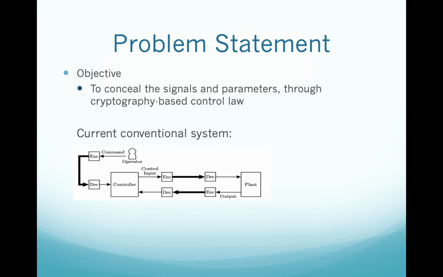So as you can see here in this diagram, right now how it stands is the operator will send a command that's encrypted, and then it's decrypted when it gets to the controller. The controller sends its control input, and then that's encrypted and then decrypted at the plant. The plant processes the message, and then it sends its output message, which is encrypted, then decrypted at the controller